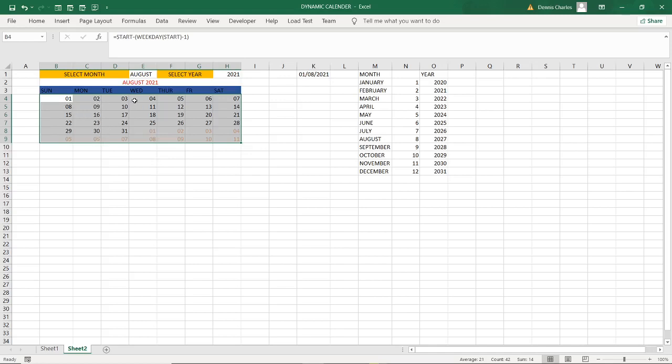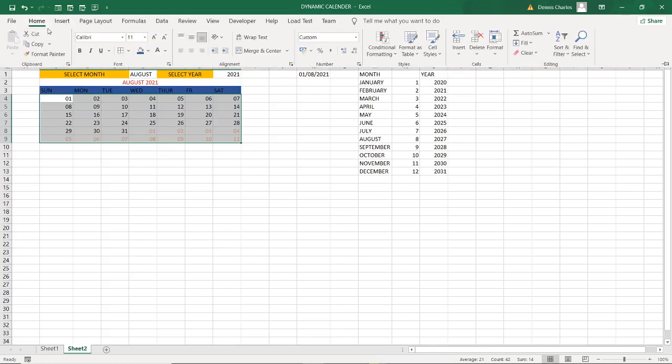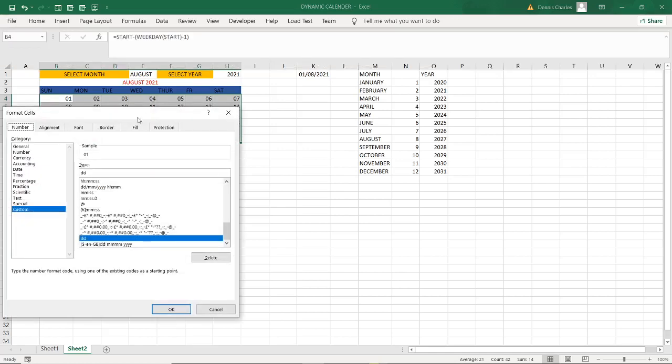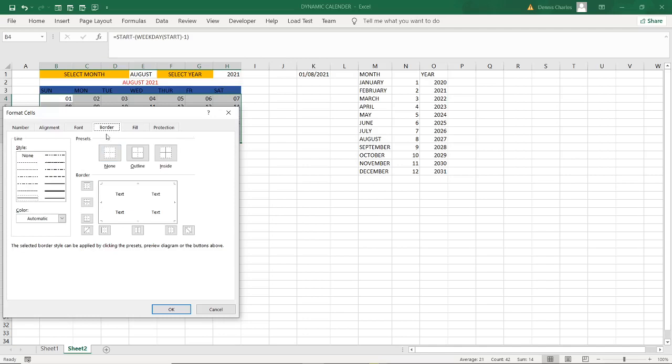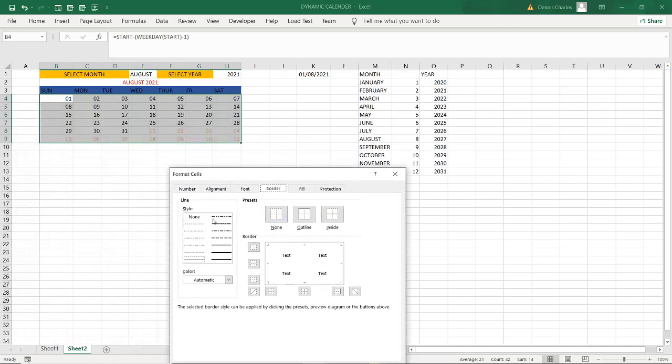You can further do some other formats. I can decide, like Control 1, to have something on the alignment or border. I can decide to have some border there. If I talk of inner border, I use the inner border like this one.